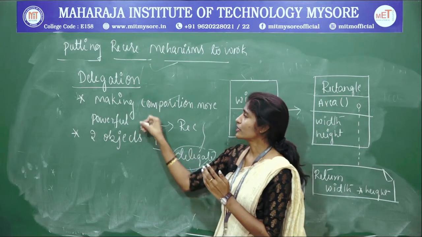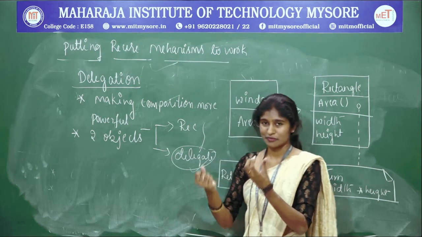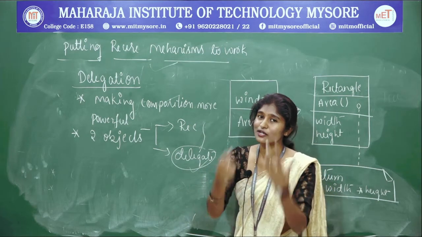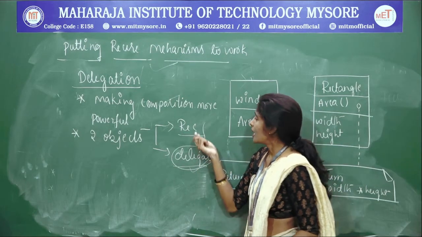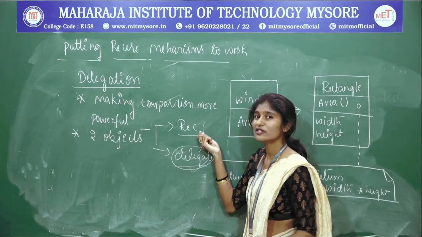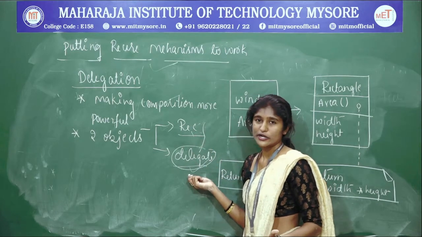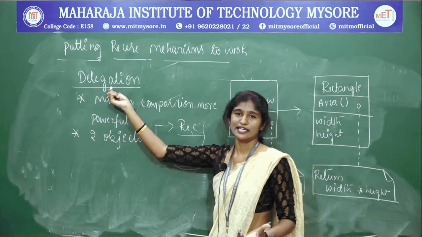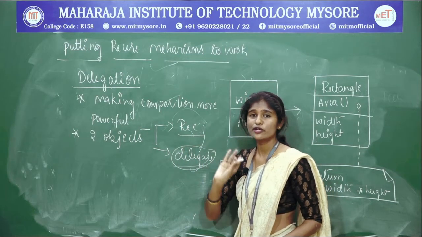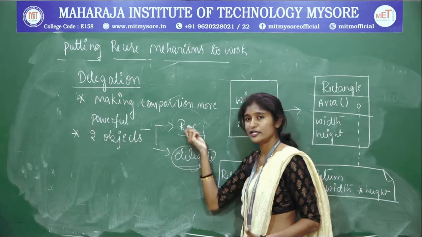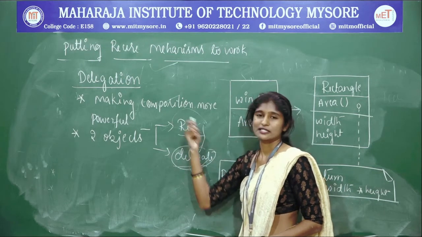So here there are two objects. One is a receiving object, and the receiving object is going to delegate the work to a delegate. This receiving object is going to forward the requests, or anything that comes to it, to a delegate. That's why the name is delegation. The receiving object is not going to perform any activity. He is going to delegate, or transfer, to another object, that is a delegate. So that is why the name is delegation.